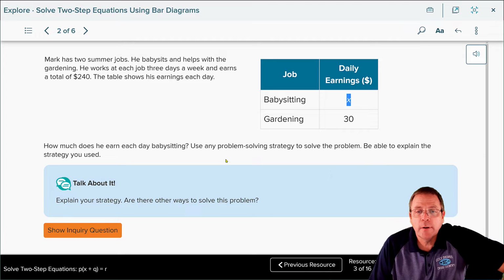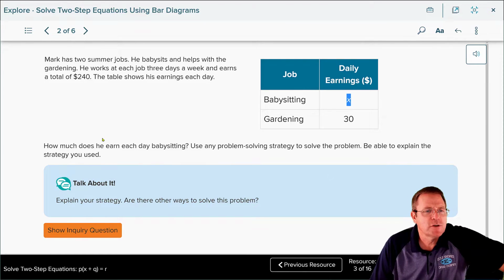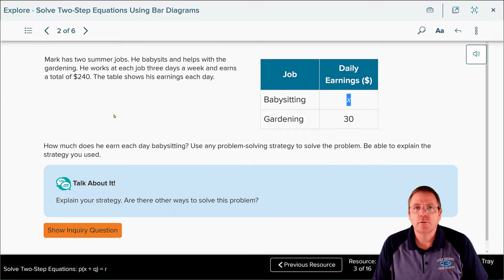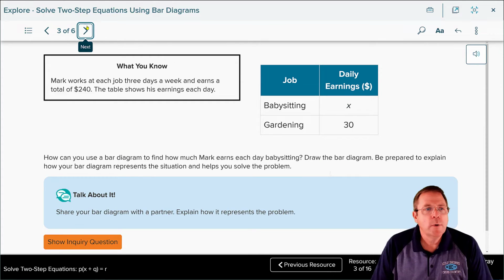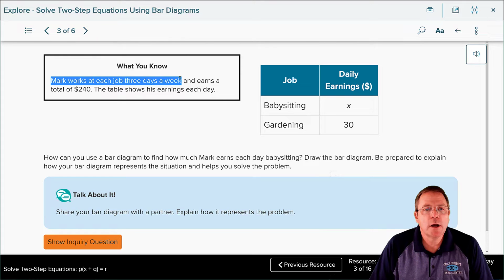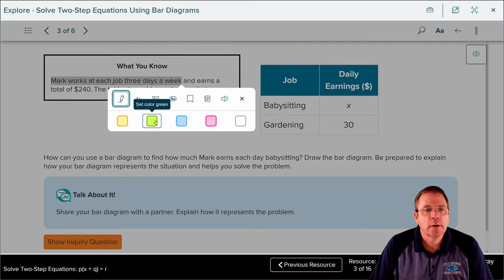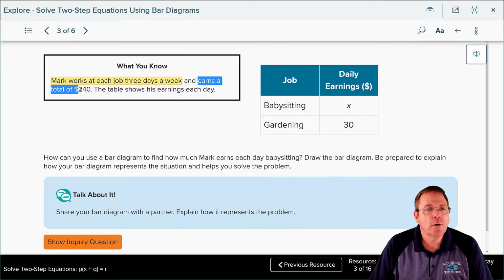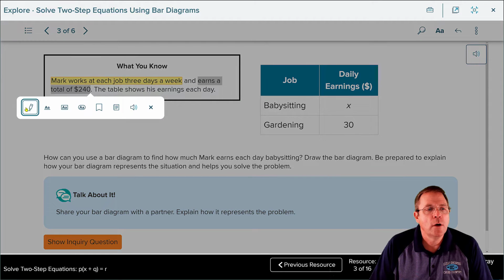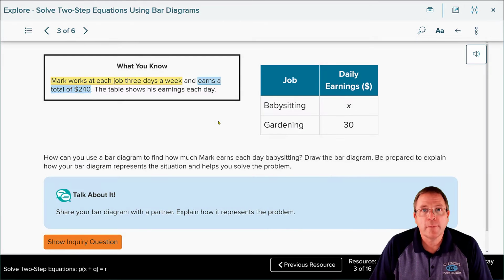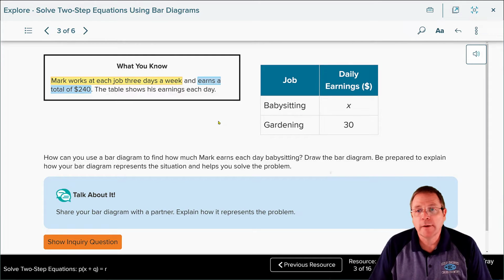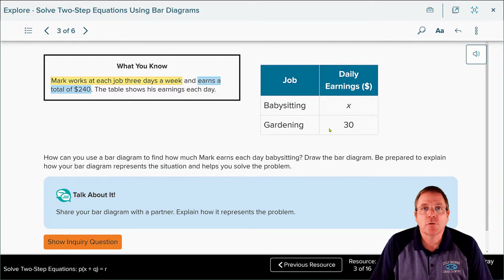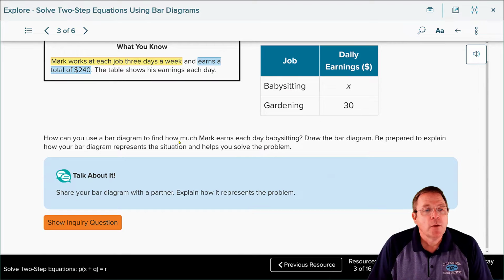Use a problem-solving strategy to solve the problem and be able to explain the strategy that you used. So what do we know? First off, we know that Mark works each job 3 days a week. That's some important stuff. And we know that he earns a total of $240. That's some important stuff too. And the table shows us how much he earns in each job each day. So,